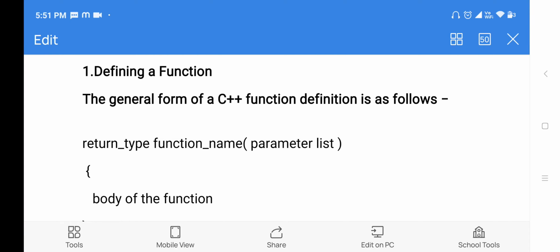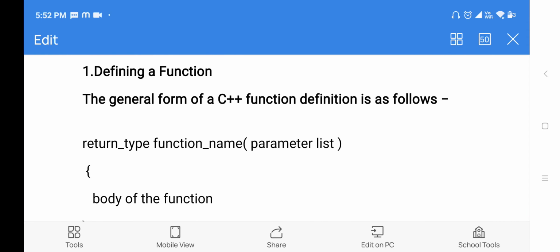And one condition is that when you give a return type, the function should return only that type of value back to the main function. If you give int and it returns a float, it is not matching and your function will not be executed. According to your return type only, the function should return some value. Now the function name: like a variable name, you can give any name to the function. It is a user identifier, like you give a variable name. Similarly, you can give any name to the function.